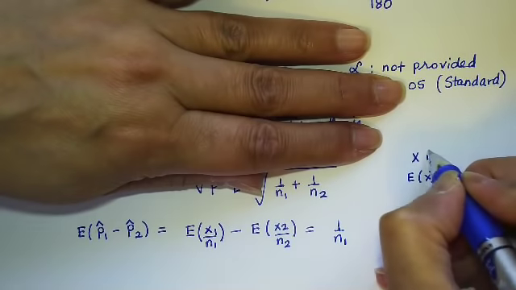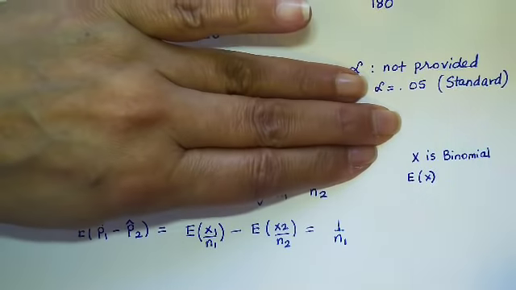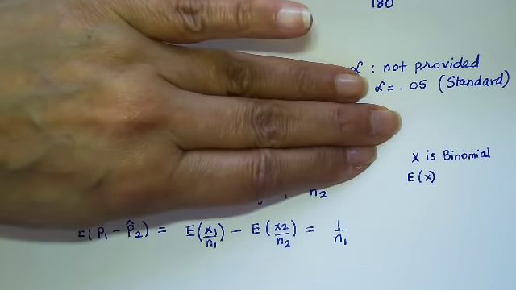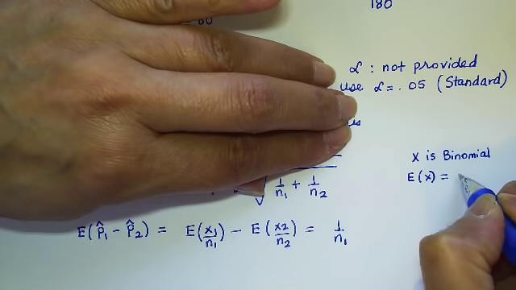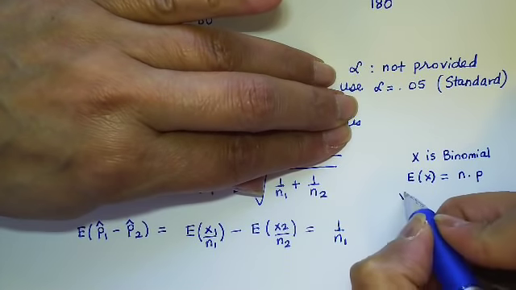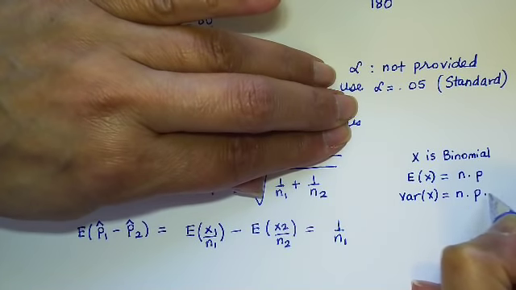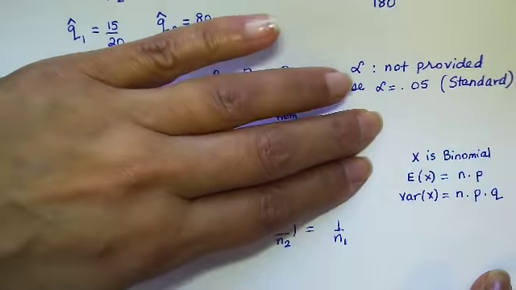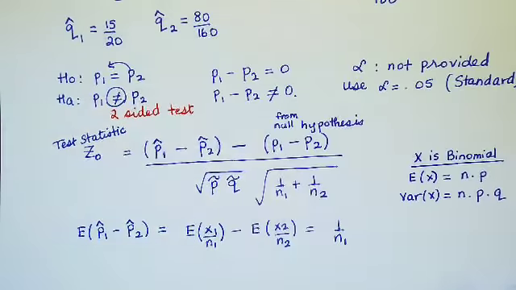E of x, where x is binomial, E of x is given by n times p, and variance of x is given by n times p times